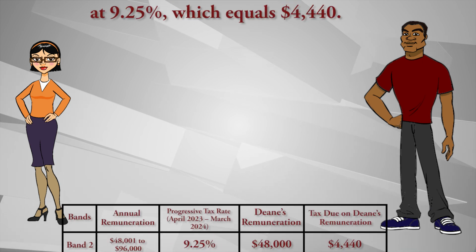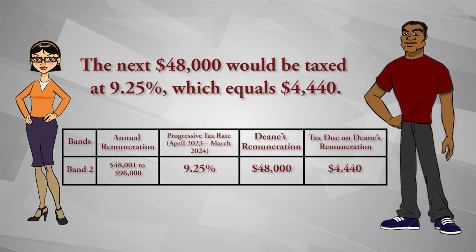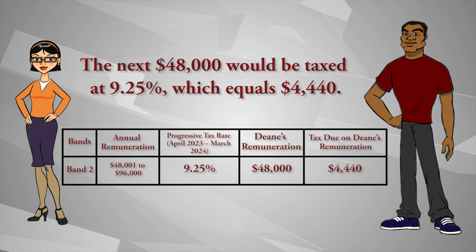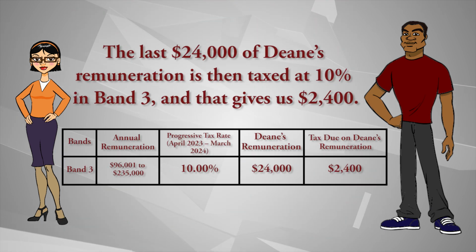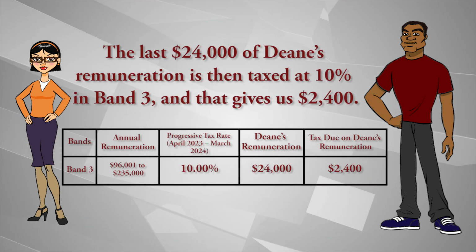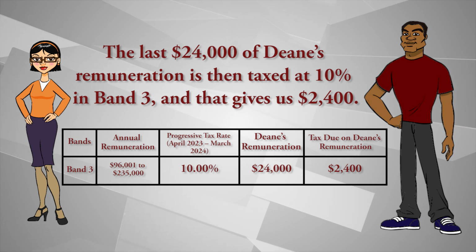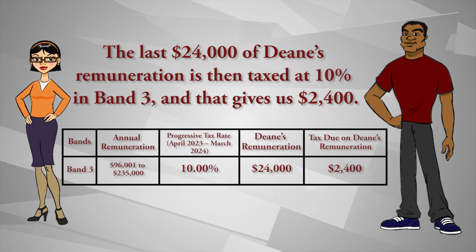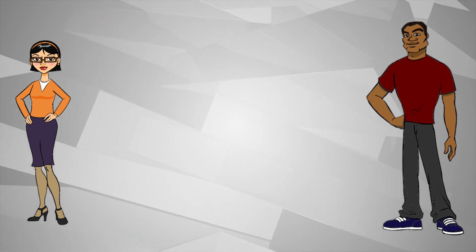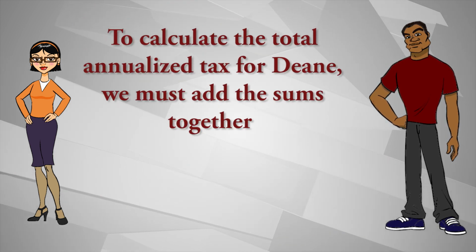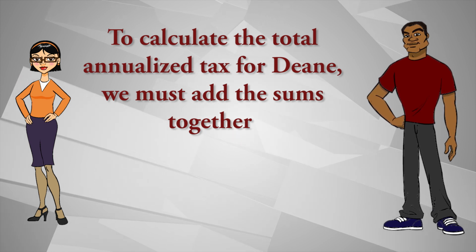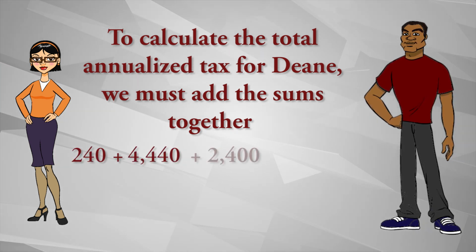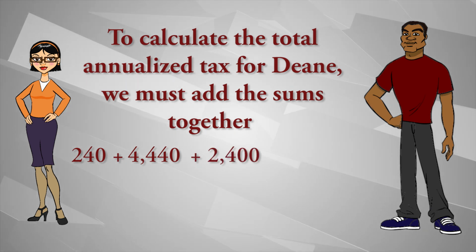The next $48,000 will be taxed at 9.25%, which equals $4,440. The last $24,000 of Dean's remuneration is then taxed at 10% in Band 3, and that gives us $2,400. To calculate the total annualized tax for Dean, we must add the sums together. 240 plus 4,440 plus 2,400 equals